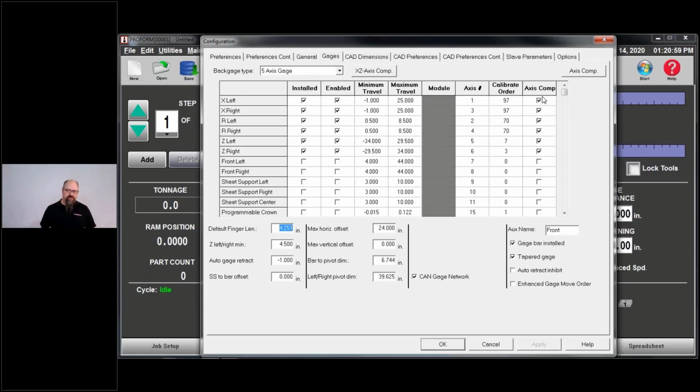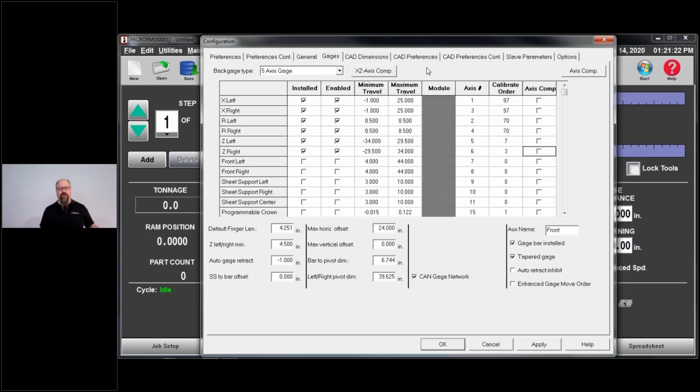The way you get rid of those is unchecking these boxes here, because in the newer software, we've removed the check value to say, hey, look for an actual gauge. It's not going to look for those comp files. But again, that's only if you see those Axis Comp error messages when you first launch the software. I'm not really going to mess with anything else here.